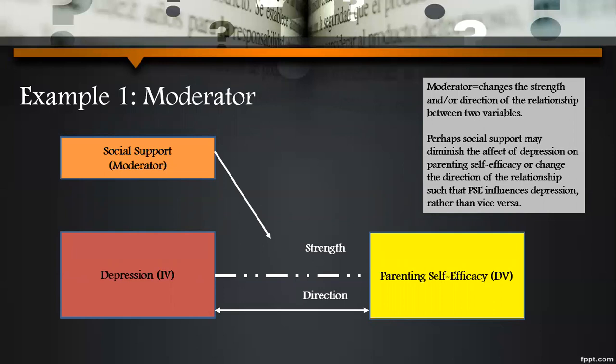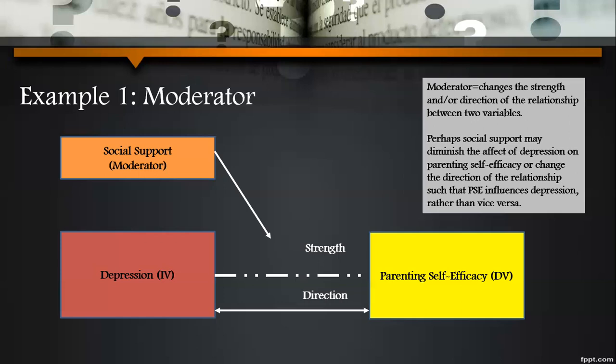It can either strengthen or weaken the relationship, or it can change the direction of the relationship. Perhaps we thought depression influenced parenting self-efficacy, but when we add social support into the equation, maybe it changes the direction of the relationship